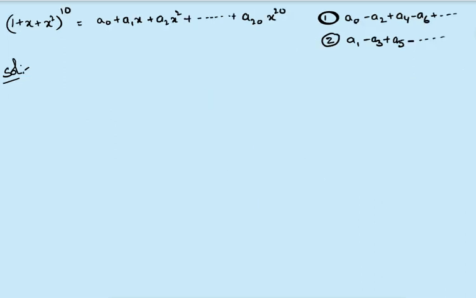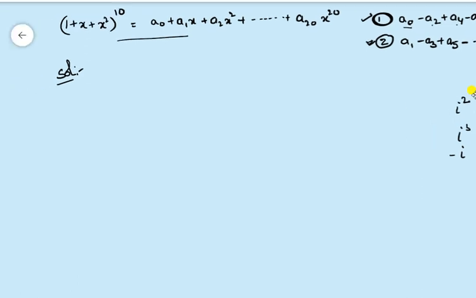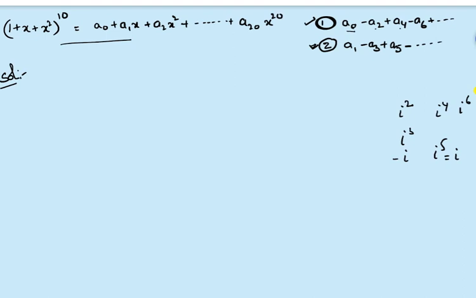So this is another question you can observe. This is the information given here. He is asking a0 - a2 + a4 - a6, and a1 - a3 + a5. Before a2 a minus symbol is there, before a4 plus is there. What is i power 4? 1. What is i square? Minus 1. What is i power 6? Again minus 1. What is i cube? Minus i. What is i power 5? You will get i. So this is the basic information to proceed with this particular question, right?